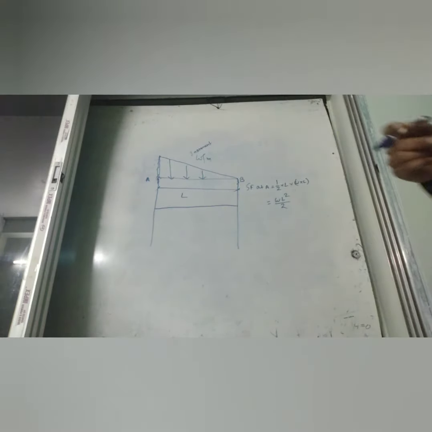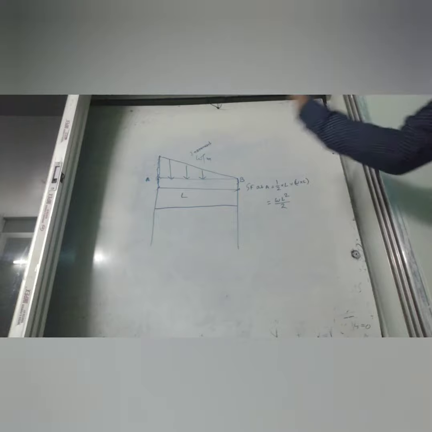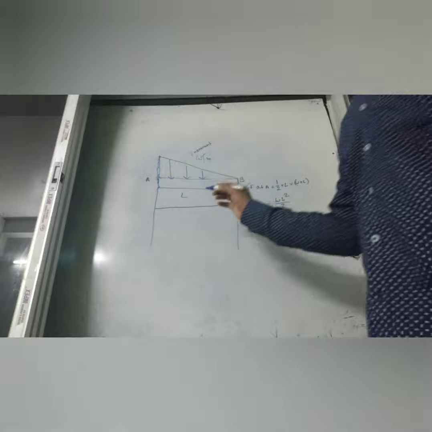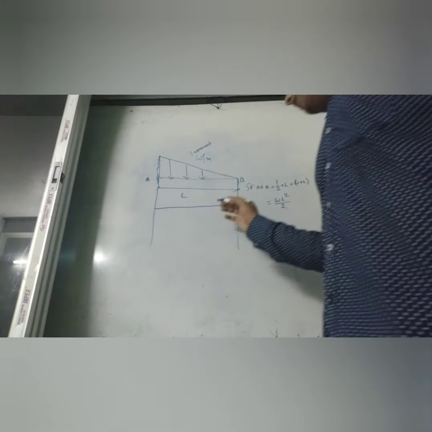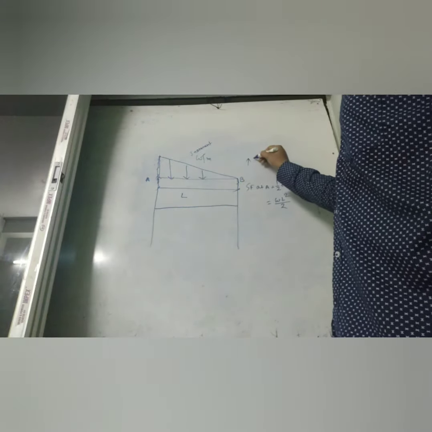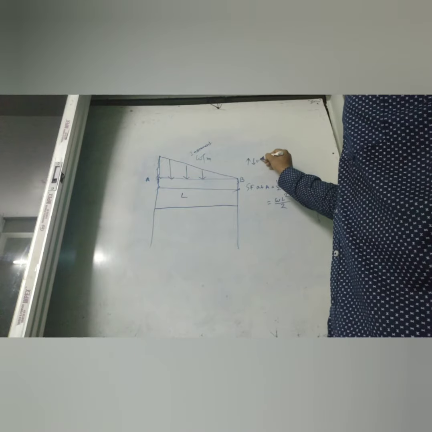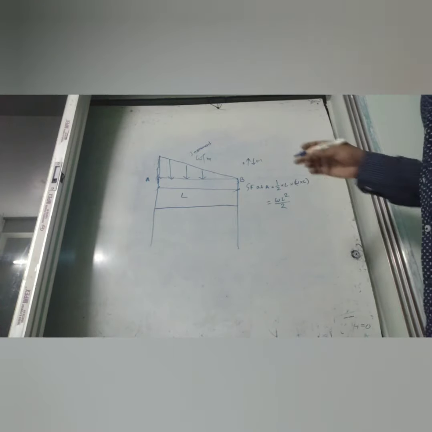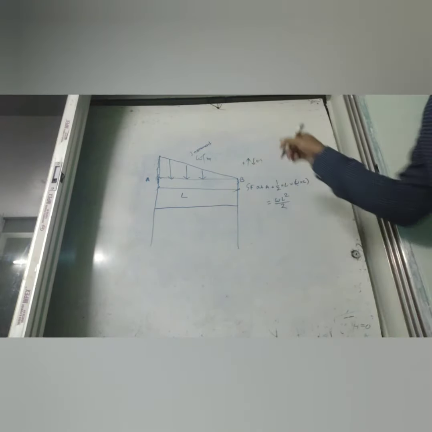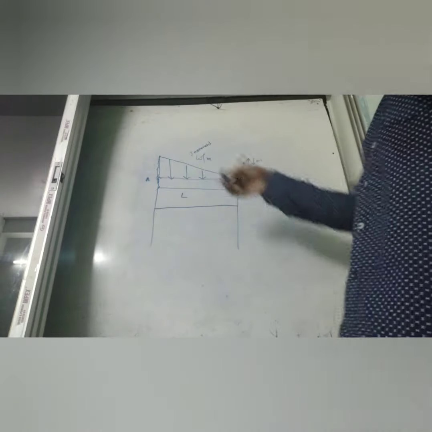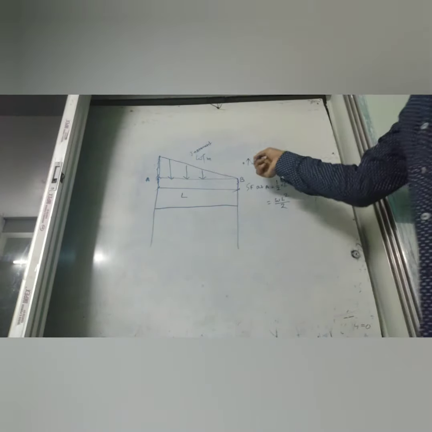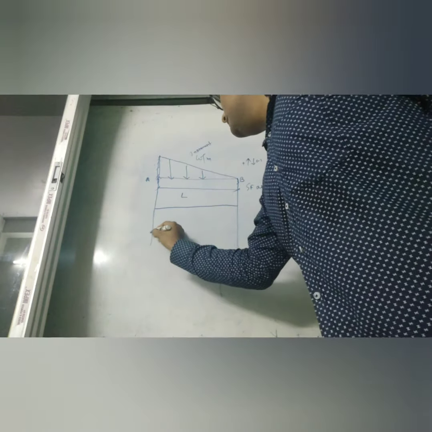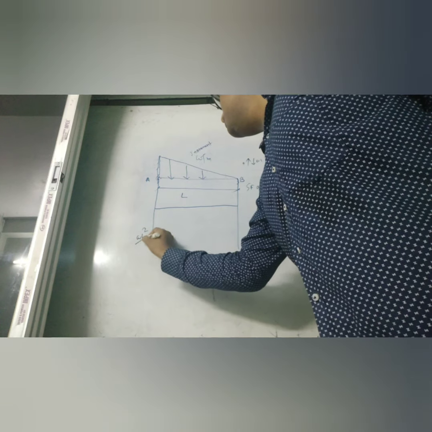What is the difference between the UVL and UDL? The shear force diagram in case of UVL is also a curve, a parabolic curve. There is a sign convention. Last day we discussed upward positive, downward negative, or downward positive, upward negative, vice versa. Here I am taking upward positive, downward negative, so the load is given downward. If we take downward force, it is taken as negative, so this is the point WL square by 2.